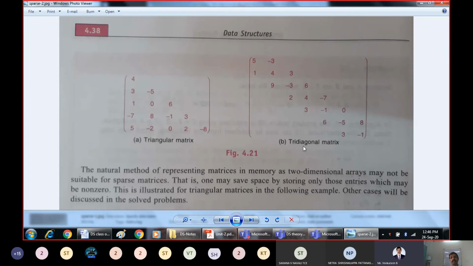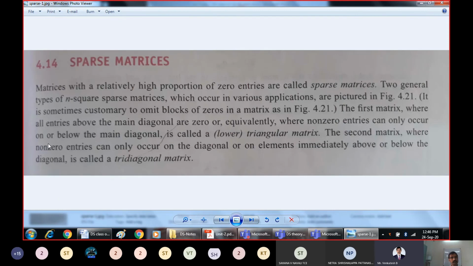Another variation here is the tridiagonal matrix. It says that non-zero entries can only occur on the diagonal or on elements immediately above or below the diagonal. I will explain that with this figure.